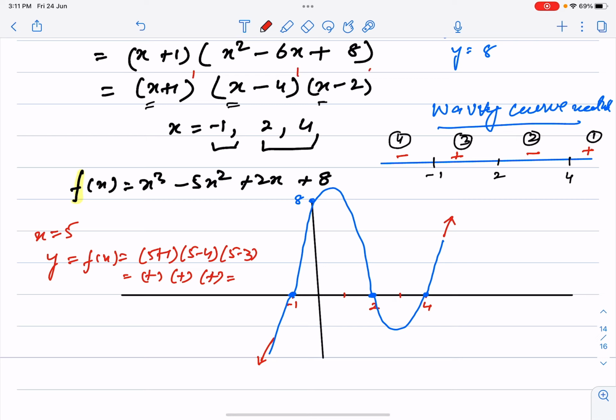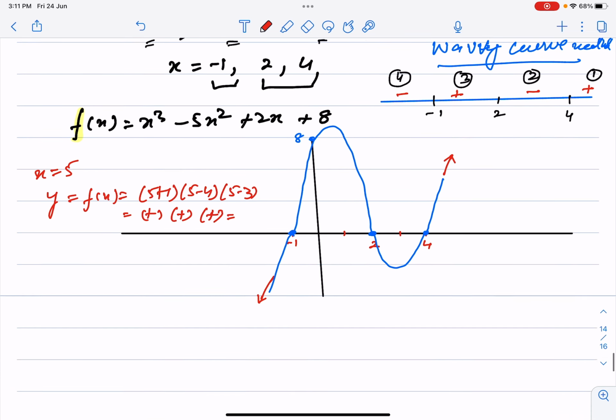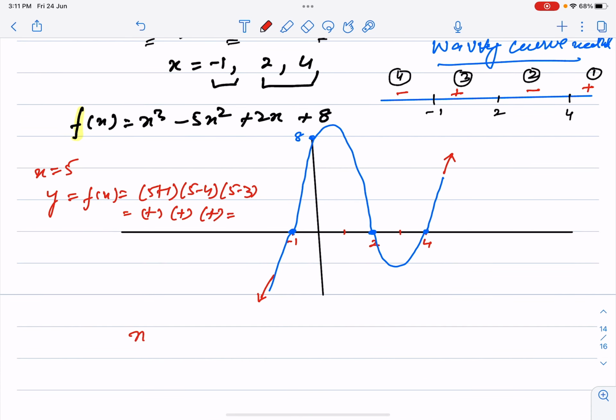If the powers of the factors are even, then the signs will not change. Secondly, the powers of the factors are called multiplicity. So if the multiplicity is odd, the graph